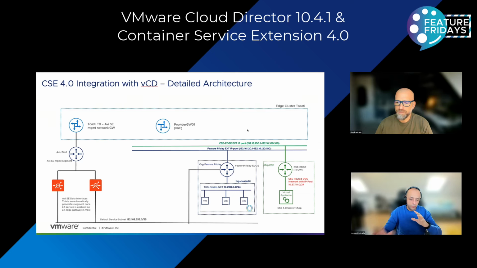Okay. For the tenant org here, the workflow is very simple. Again, you'll just have to have an edge, and also an internal routed network, and that's the subnet which I'm using, and this is where the Tanzu nodes will be connected. On the tenant org, you'll have to have NAT properly configured, and the Tanzu nodes require access to the Cloud Director interface and the internet. This is where they pull the packages from.